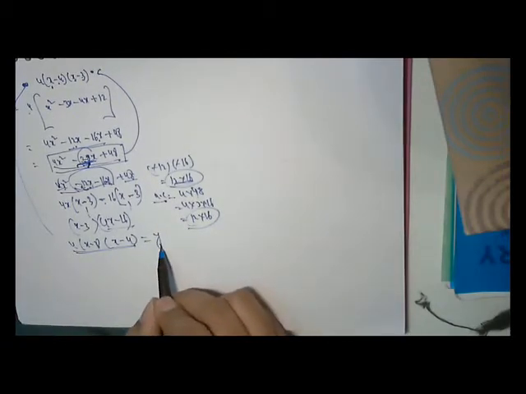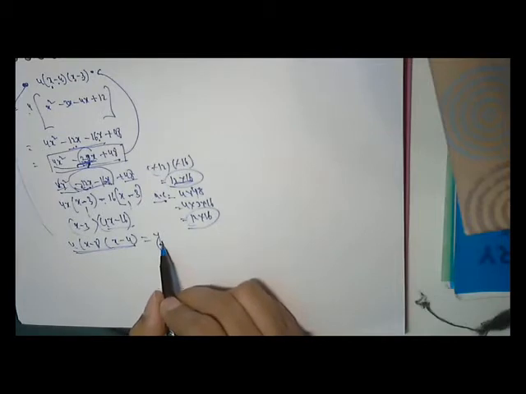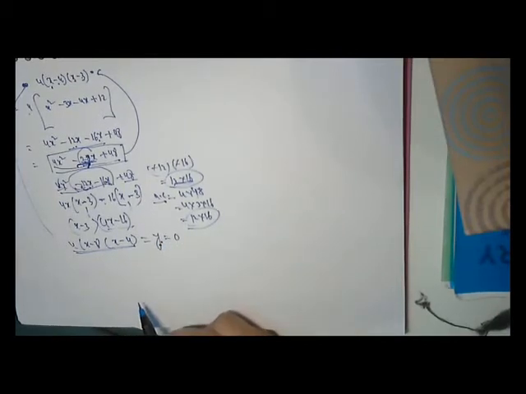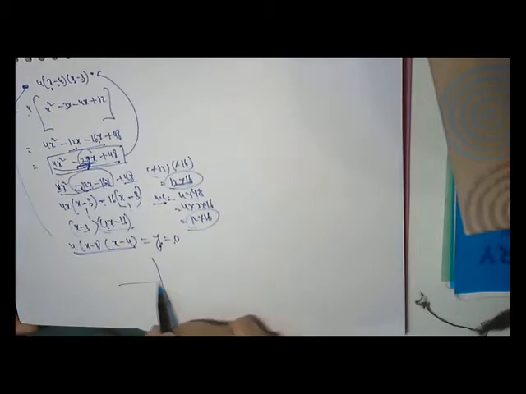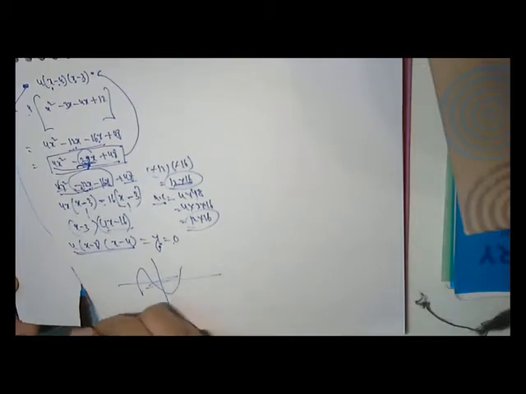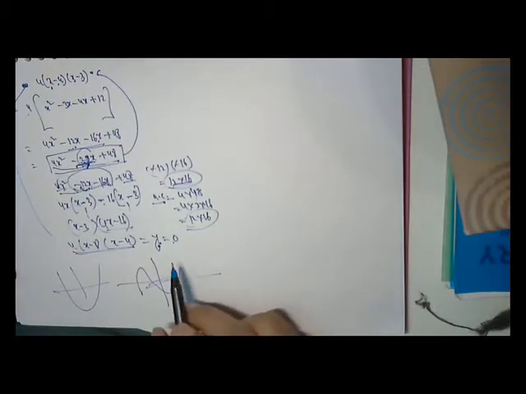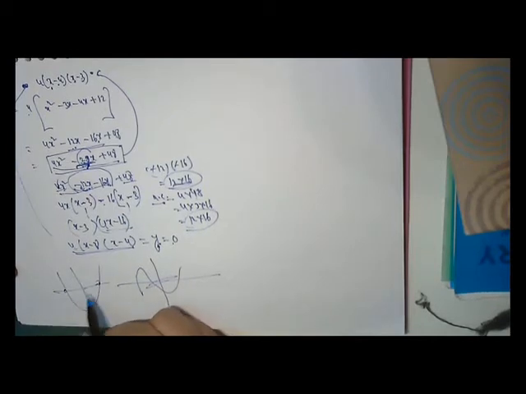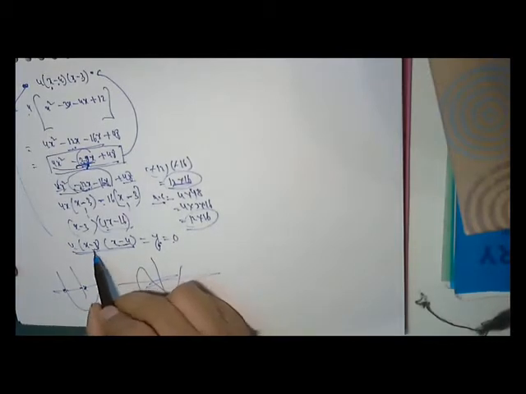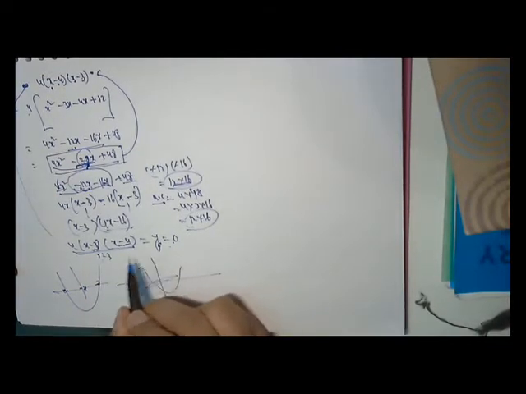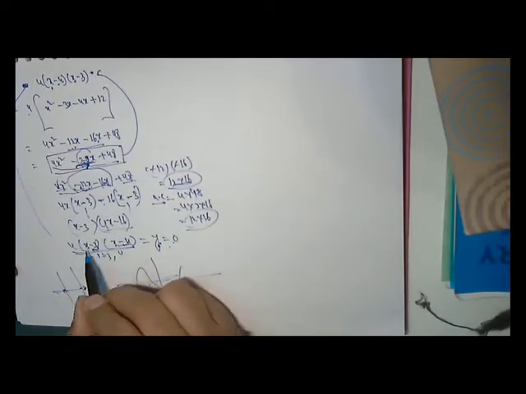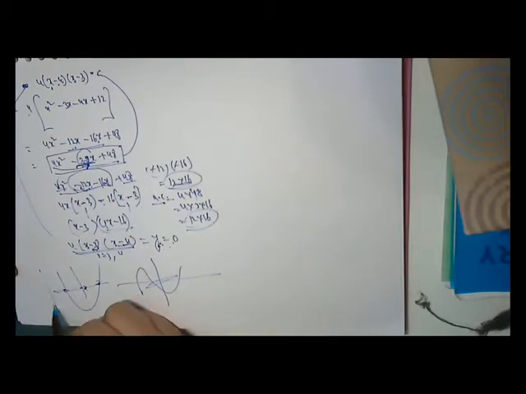Now I want to find out zeros or roots of this equation. Then what should I put? I should put y is 0. What do you mean by y is 0? If this curve represents something like this, a parabola like x square, it has only 2 roots. Y is 0 means wherever it is touching the x axis, for the value of x where it touches the x axis. Here x is 3 and 4. When x is 3, y is 3 minus 3, 0, and 0 into anything is 0. When x is 4, 4 minus 4, 0, and 0 into anything is 0. So this is 0, this is 3, this is 4.